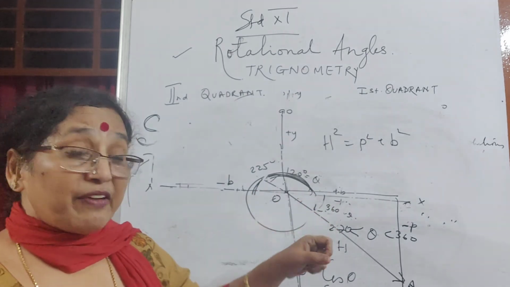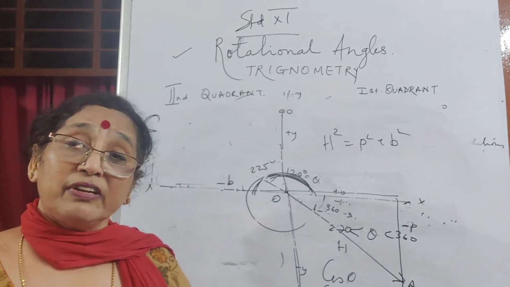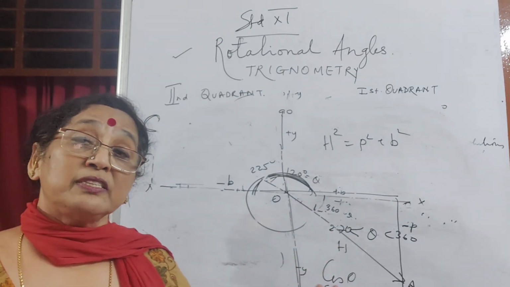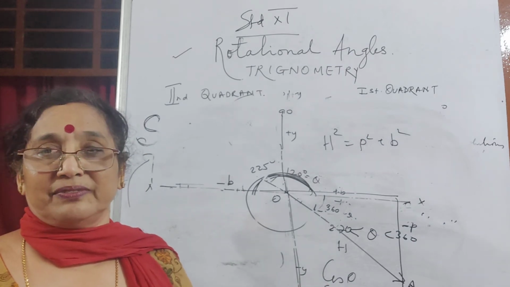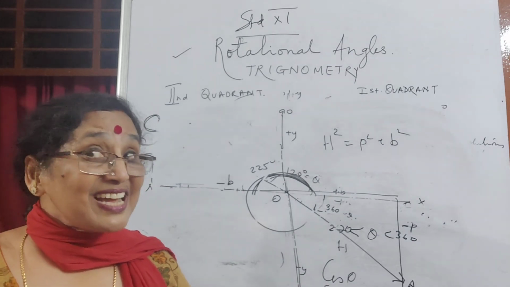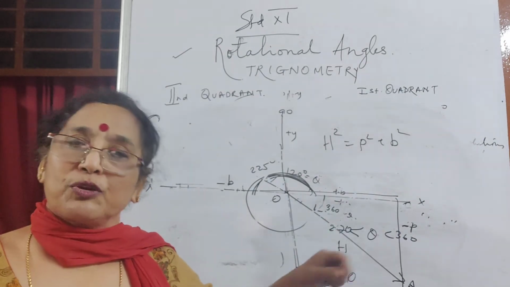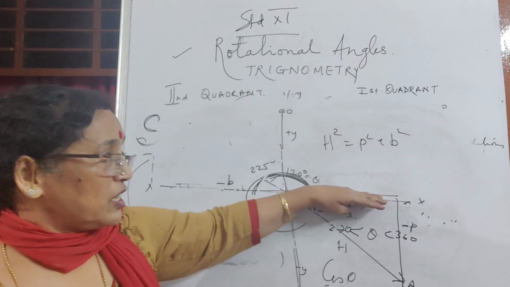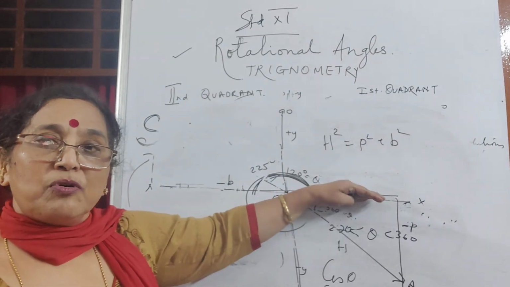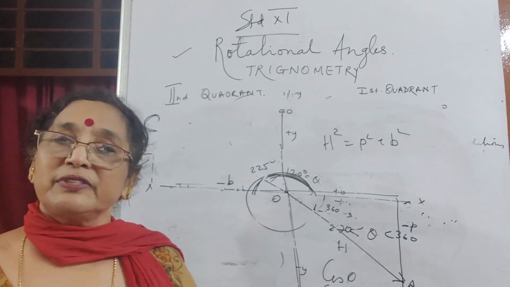Suppose you have, like I said, 1100 degrees, right? 1100 degrees is 3 times 360 plus 20. Suppose I had 1060, that is 3 times 360 minus 20. Then you come back to the fourth quadrant. Go up to here, a little less comes here, a little more comes here. That's all, right? So therefore, cos is positive, sec is negative.